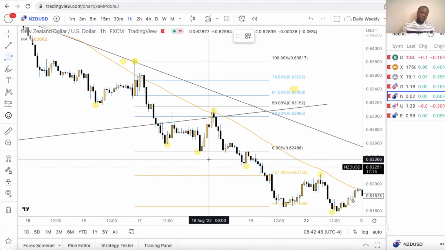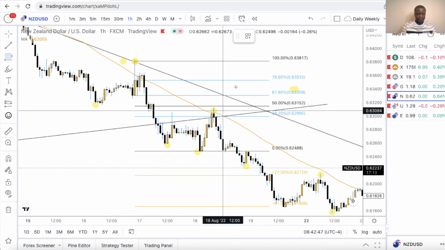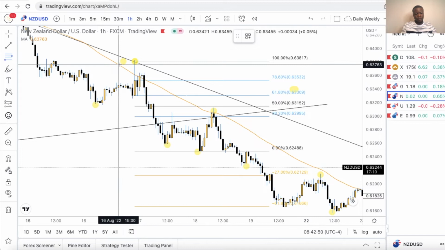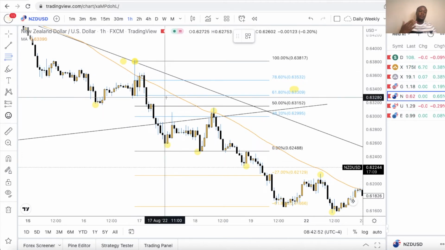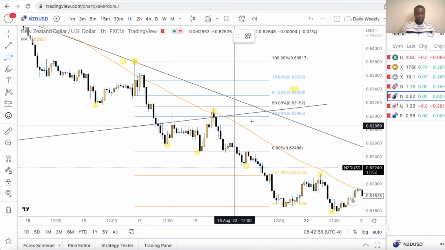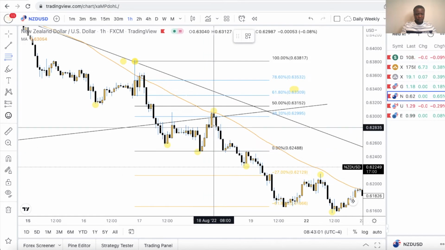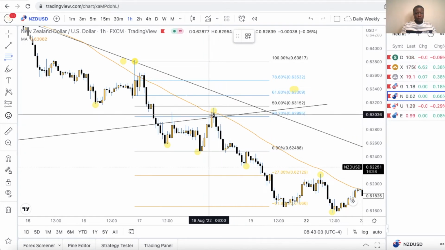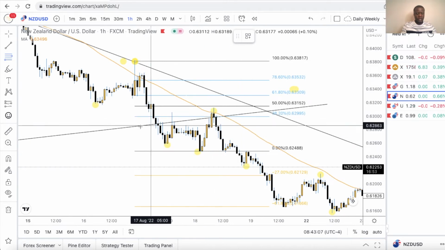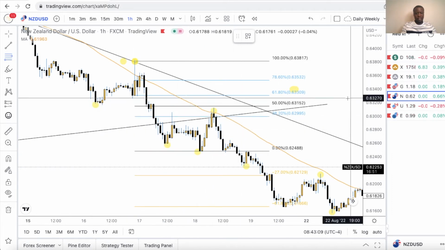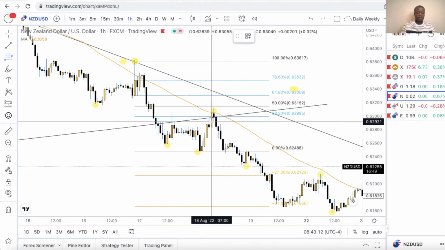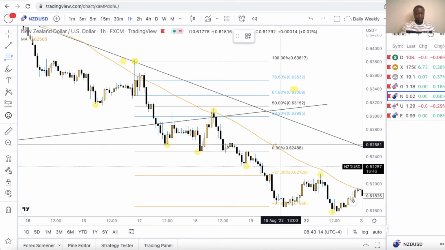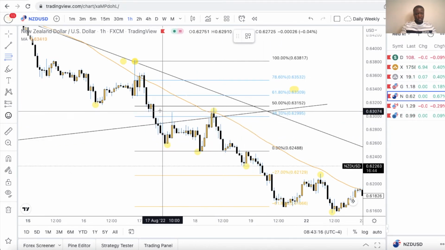Quick confluences: we have the moving average as well. Moving average is another technical tool we use to help us with directional bias. So we have the moving average, confluence number 1. We have the previous trend line, which it tapped into, confluence number 2. We have market structure,